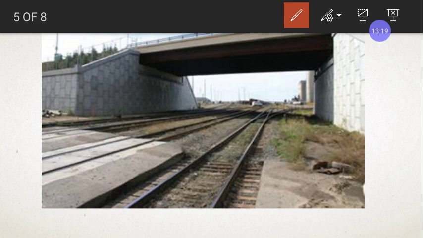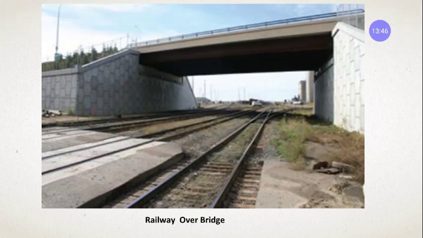Now in this case, the train can move easily without any problem. In the same way, the vehicles can also move over this bridge without any problem, because the caution which was required before this bridge is not needed now. This is called a railway overbridge because it is constructed over the railway. So it is called ROB.